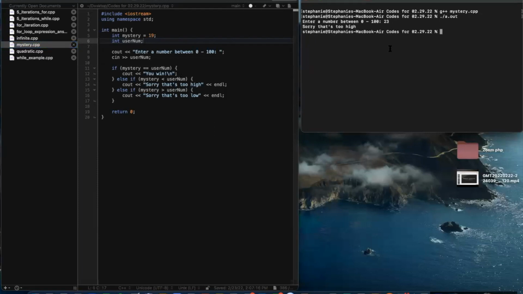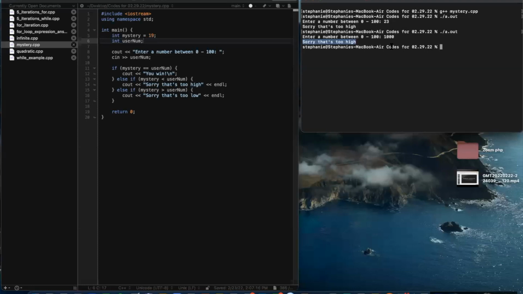And it comes back with a message depending on the input. The goal of the program was to make it like a number guessing game. You had a mystery number, and then the user had to keep guessing. So we had it where if they entered a number too high, above the range, it still just said it's too high. So what we want to do here is make it so when they guess a number out of range, meaning below 0 or above 100, it prints another additional message that says, please guess in the